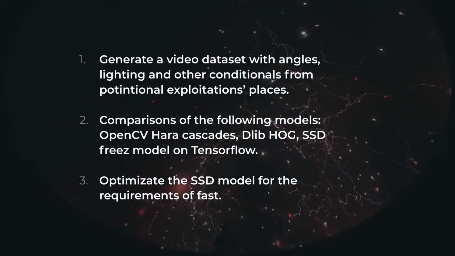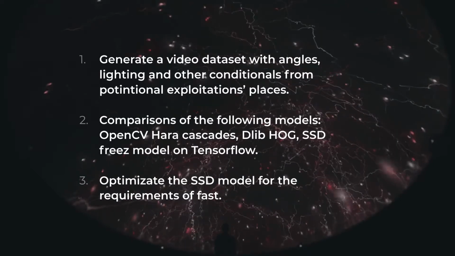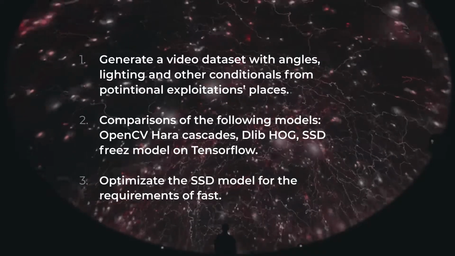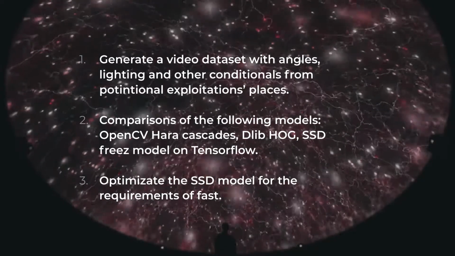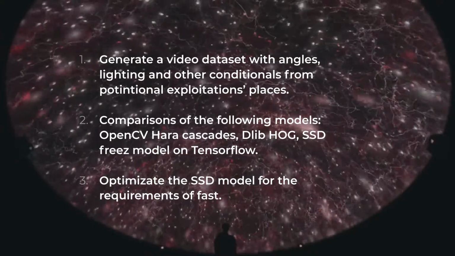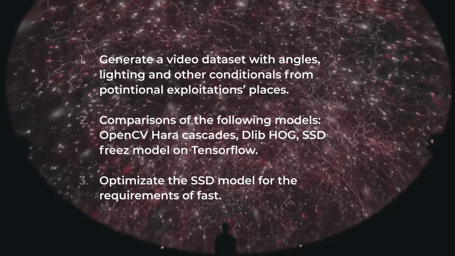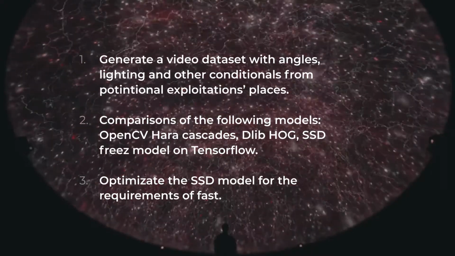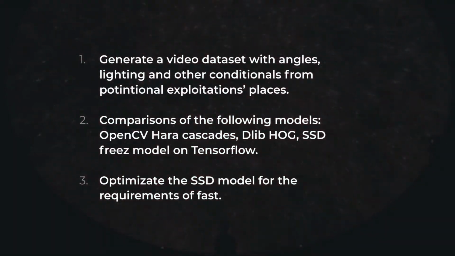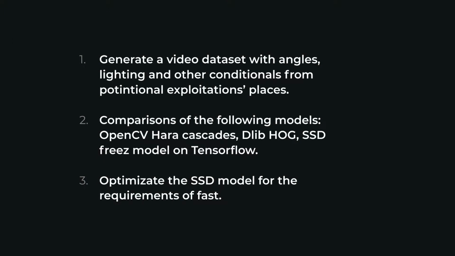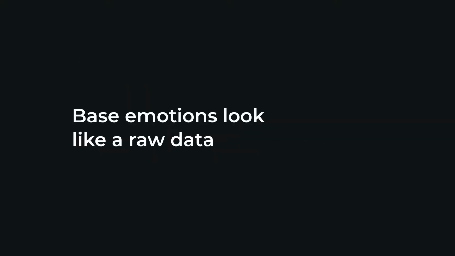I processed a lot of pre-recorded videos from the places the devices are supposed to be, and got data such as angles, light, and distance from the camera to the people. A data set was generated in semi-automatic mode to check face detection quality. The face recognition model was a bottleneck, so I took the processing speed into account. The HOG model from the DLIB tool was chosen in the result. Now faces can be used as an input for the emotion recognition model.